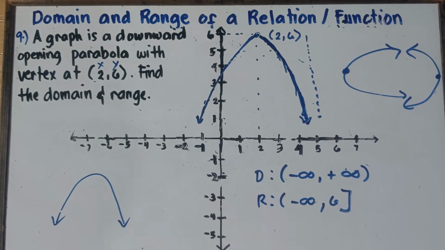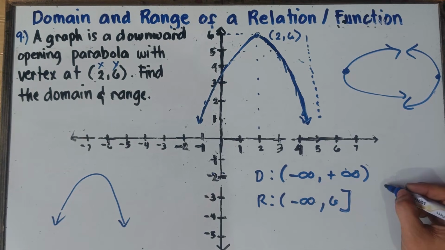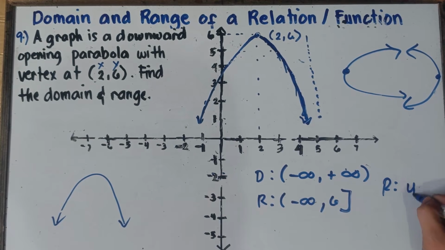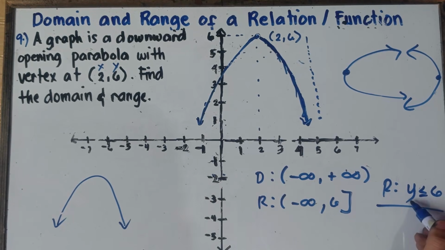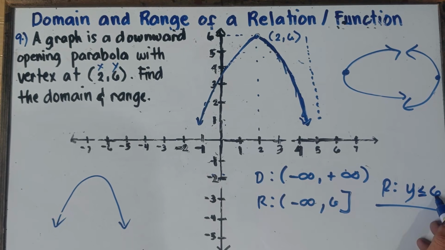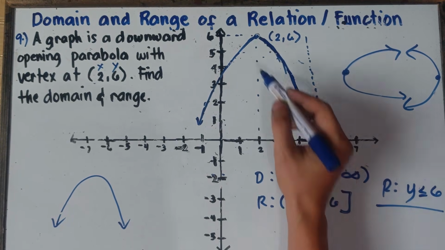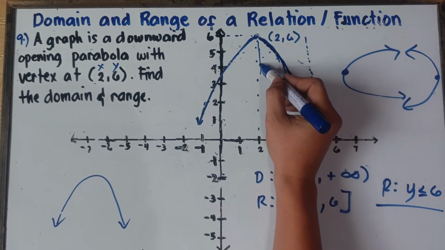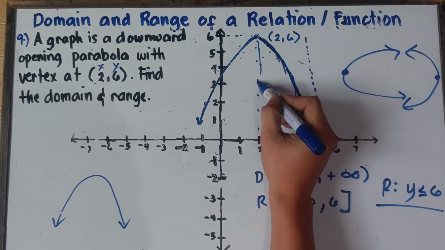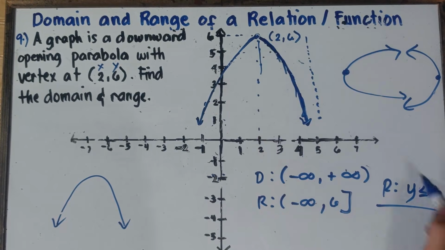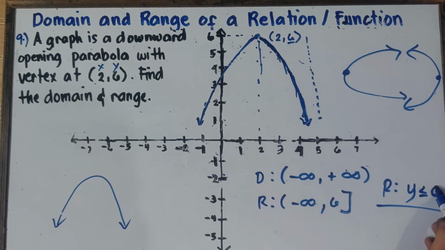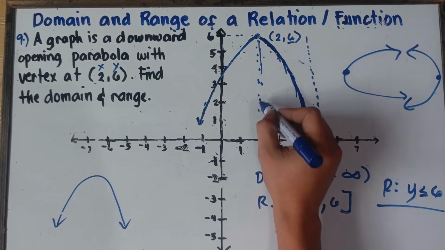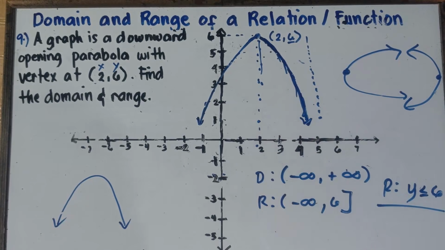Or you can have this answer with regards to the range: y is less than or equal to positive 6. Why is that, sir? The range could be 5, it could be 4, less than 6, it could be 3, it could be 6 because 6 is included. You have a closed circle. So less than positive 6 would be 5, 4, 3, 2, 1, negative 1, negative 2, and so on and so forth.